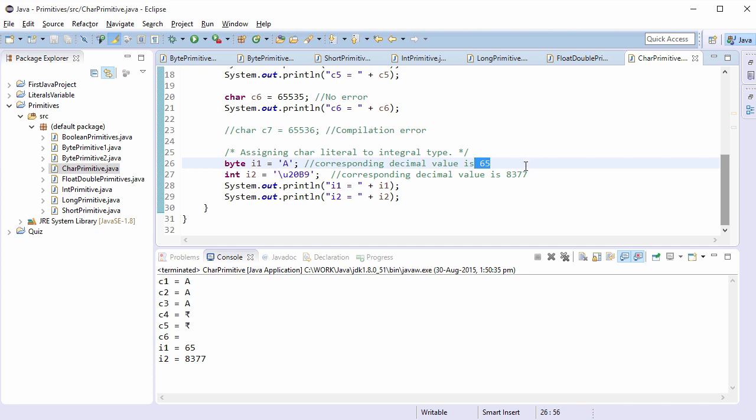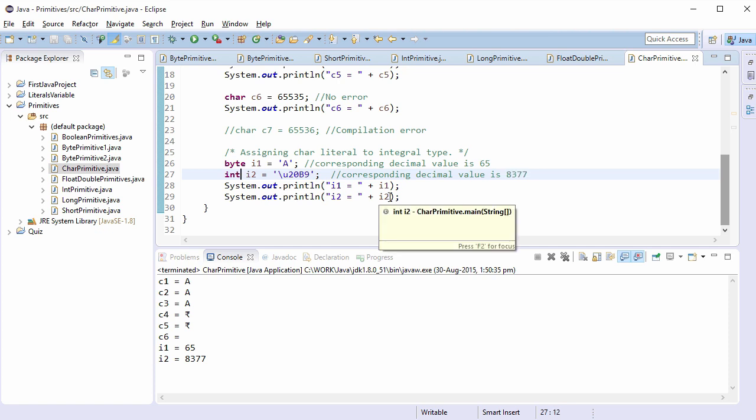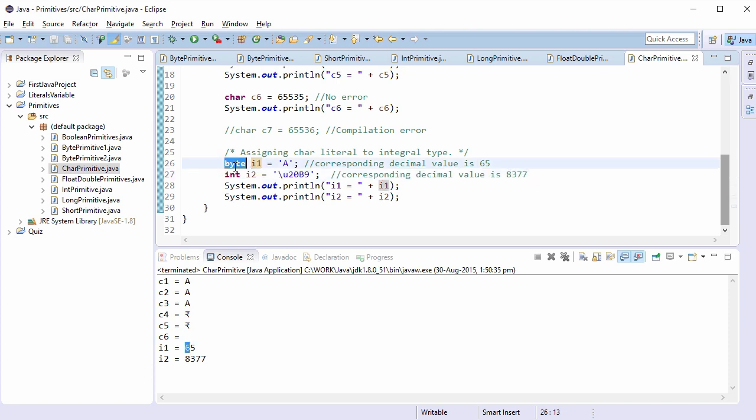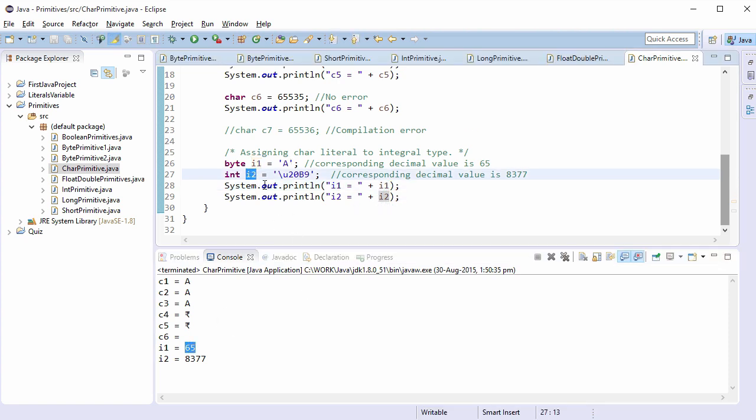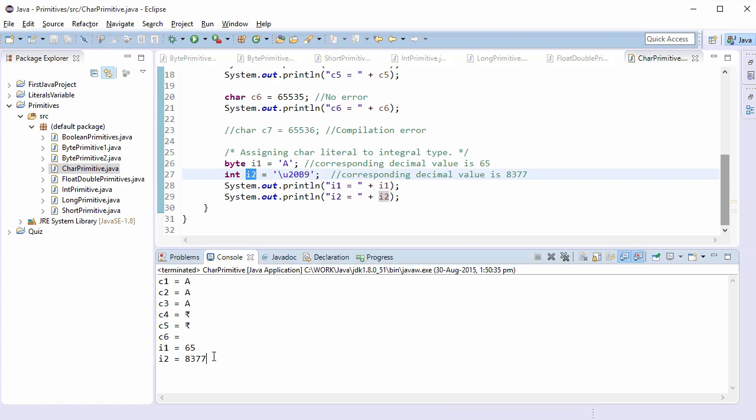Similarly, the decimal value for Indian rupee symbol is 8377, and we can assign it easily to int type. Now if we try to change it to byte, we will get error because 8377 cannot be assigned to a byte type. Because this is of integral type, the output is showing the decimal value. So over here, the decimal value is 65, and for I2, the decimal value is 8377.